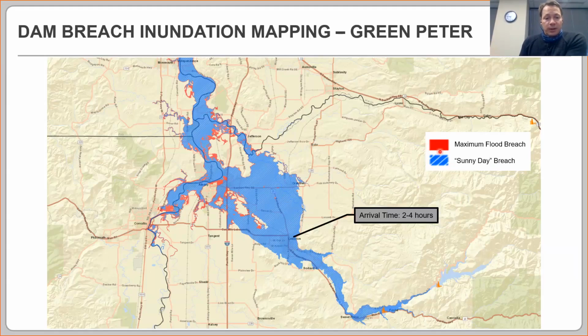This red scenario shown kind of below that, that extends a little bit beyond the sunny day breach, is the maximum flood breach. So this is that probable maximum flood, this hypothetical Noah's Ark type flood event, if that were to occur in the Green Peter watershed and then cause the dam to fail or breach, what that inundation boundaries could be. Again, quite devastating, quite dramatic amounts of flooding and water. Something that's very unlikely, but something that makes our job in dam safety and operating and maintaining these dams a humbling endeavor to make sure we're doing the things we need to do to ensure the safety of these